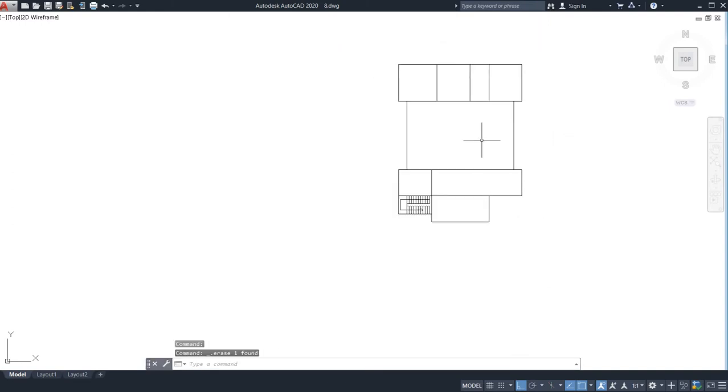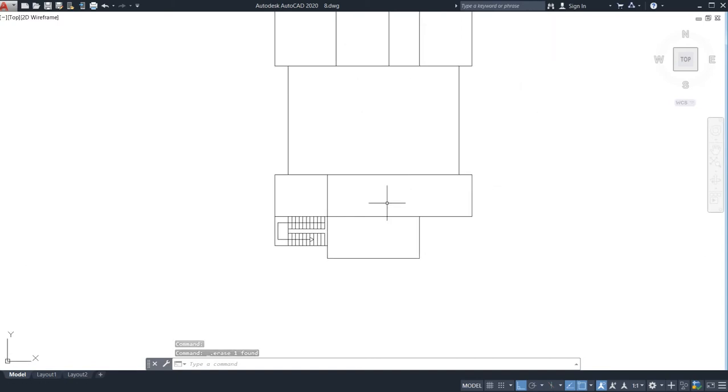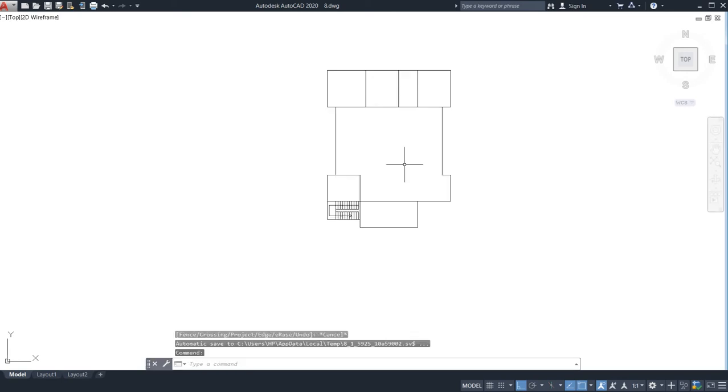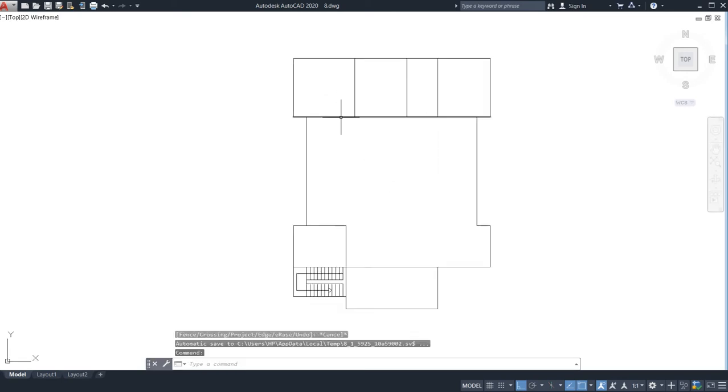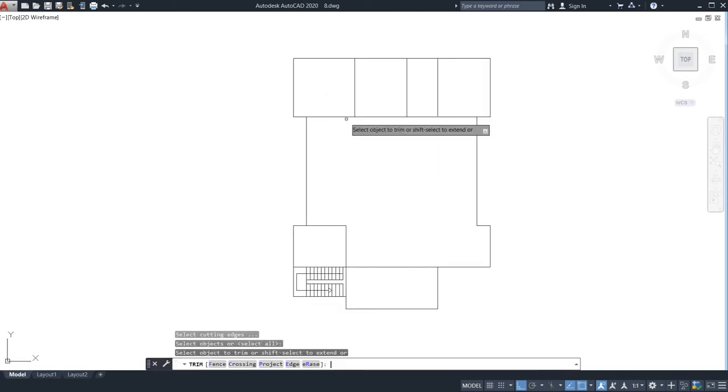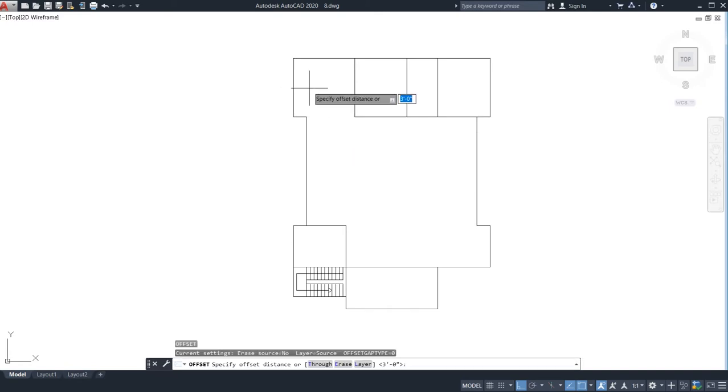Now you can see. After that what I need to do, your plan would look very beautiful. So after that I'm going to trim it. I want to make one bathroom or washroom here also.